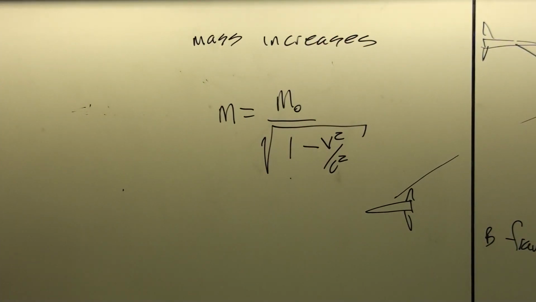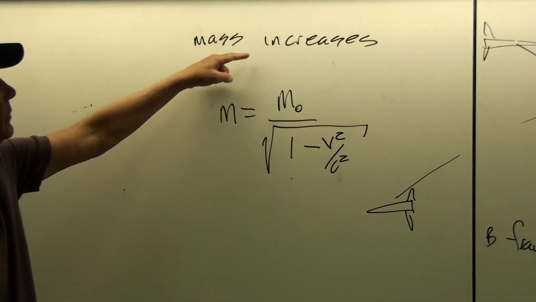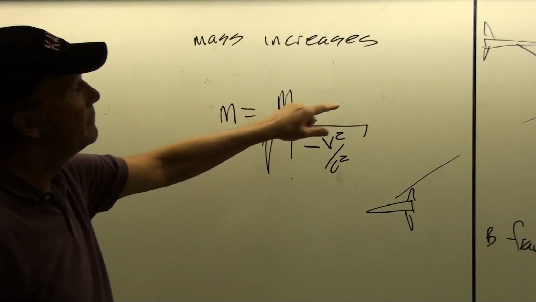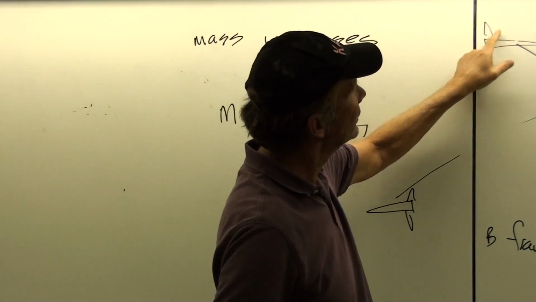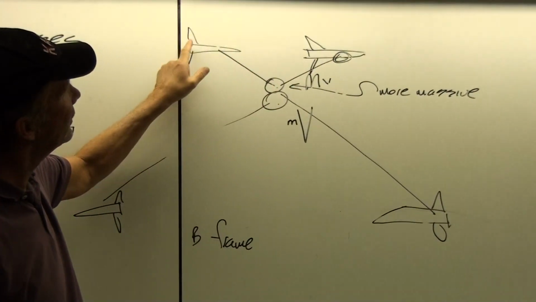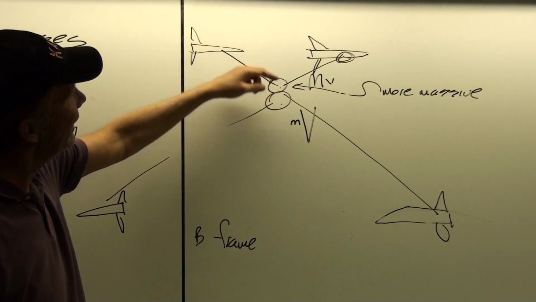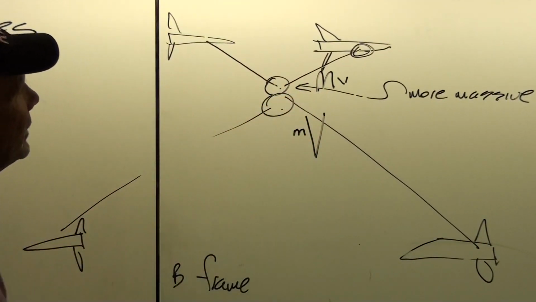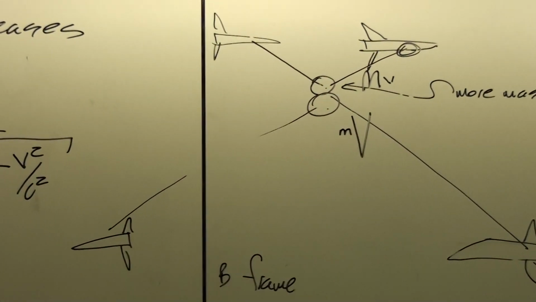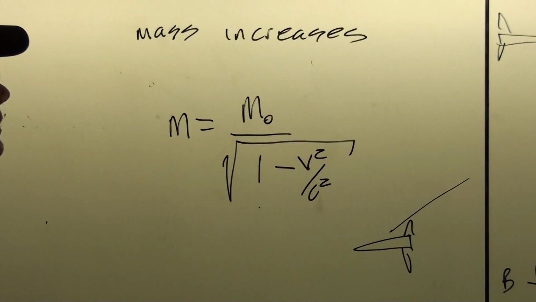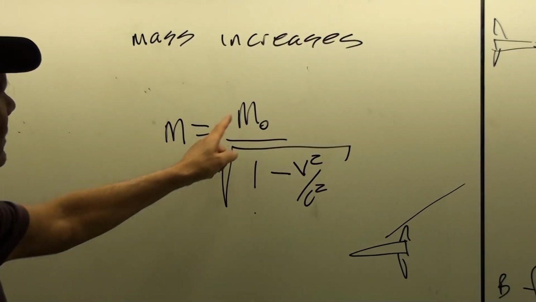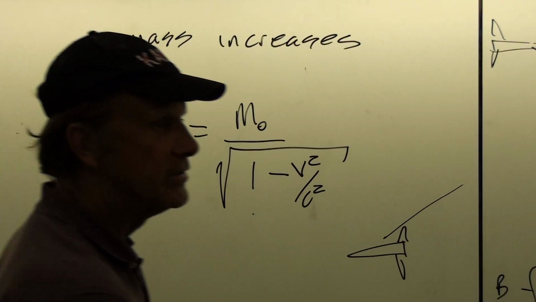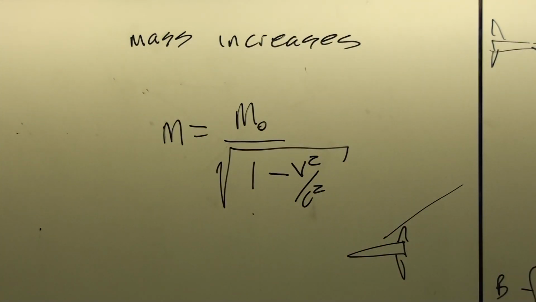Okay, so not only are the time intervals expanded, the length is contracted, but because the time intervals are slowed down, that makes the velocity less in this kind of a symmetric situation, but by conservation of momentum, that means that the mass must be greater. And when we work this out carefully, we see that it in fact has the same square root factor involved in the mass increase. Okay? And so